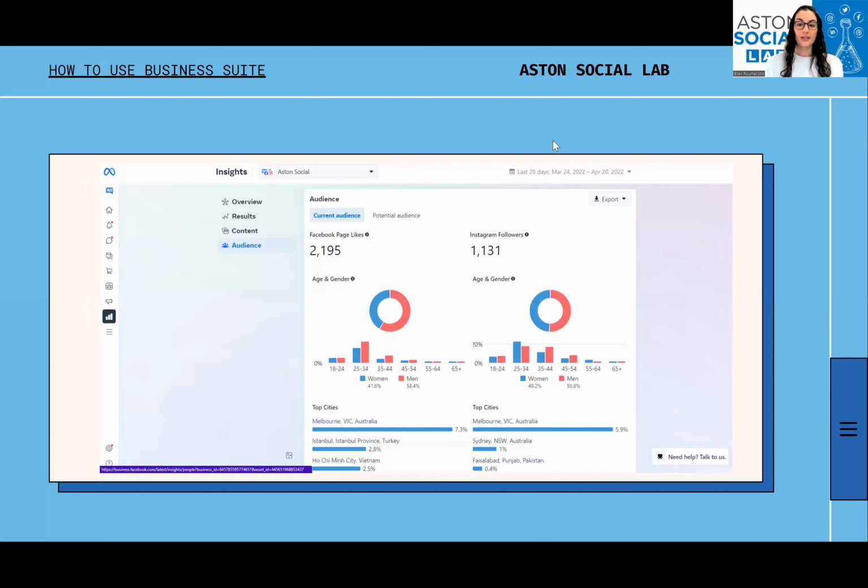And then your audience. So I know you can have a look at these on the Instagram app, and I'm sure a lot of you have done that before, but if you wanted to get an overview of Facebook and Insta together, this is another place you can look. So you can see how many Facebook likes you have versus Instagram followers, a breakdown of the audience demographics by age and gender. So you can see on our page on Facebook,